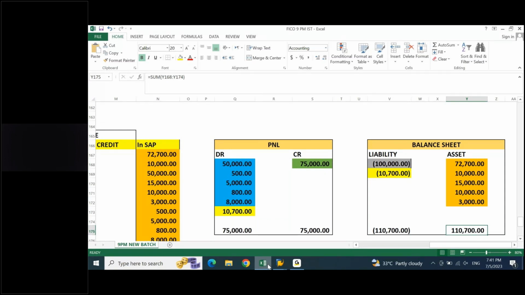Based on your understanding, you have to map accounting into the system. For that, accounting is a mandatory skill set before you start practicing or before you look at the SAP screen. If you know the accounting basics, when you look at the SAP screen, you will feel more comfortable, more convenient looking at the system. You don't find it difficult.